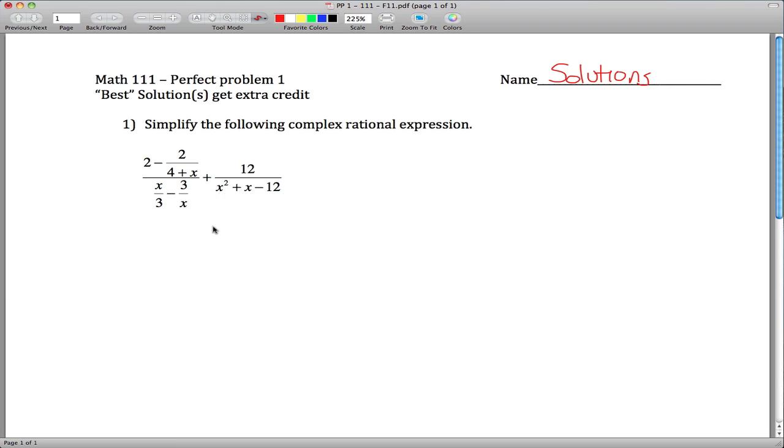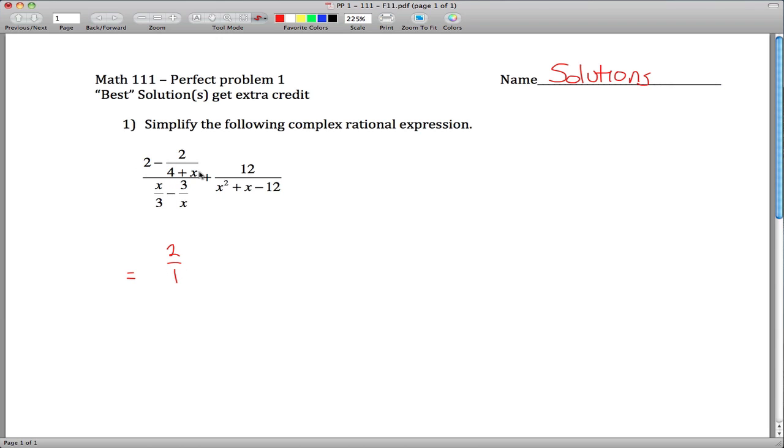Okay, one thing to point out here is that we have a difference of fractions divided by a difference of fractions. Maybe that's the messiest looking thing in this whole problem. If it were just a fraction divided by a fraction, we can deal with it. But since we have a fraction minus a fraction over a fraction minus a fraction, we can't immediately deal with it. But we can figure out what to do